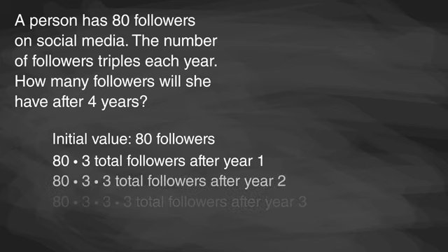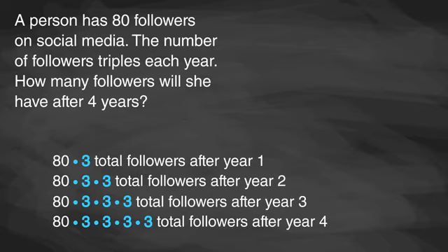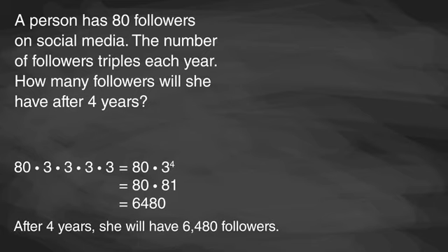by 3 4 times. Notice that the number of 3's matches the number of years that have passed. The expression 80 times 3 times 3 times 3 times 3 can be simplified to 80 times 3 to the 4th power. 3 to the 4th power is 81. So this expression simplifies to 6,480. So after 4 years, a person who begins with 80 followers and whose number of followers triples each year will